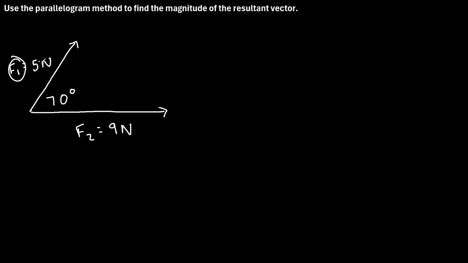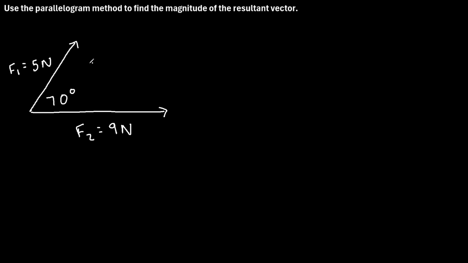Let's say force vector 1 with a magnitude of 5 newtons and force vector 2 with a magnitude of 9 newtons. And the angle between them is 70 degrees. We want to know if we add these two vectors together, what is the magnitude of the resultant vector? So one way to do that is to use the parallelogram method, which says form a parallelogram using these two